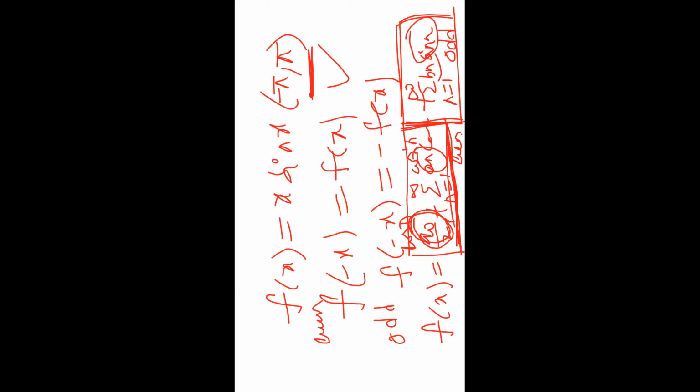So if the function f of x is even, we have to find out only two values, one is a naught by 2 and the second one is an. Suppose the function f of x is odd, only calculate the last value bn. The function f of x is odd, so we have to find the bn value only. By mistake, if you also find a naught and an, these two values in that problem are equal to 0. Okay.